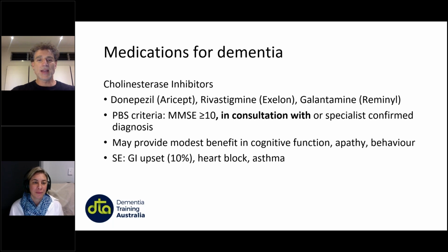Yeah, that's right. And you can switch from one to another, and I'd recommend you just look up therapeutic guidelines, because they've got some really great detailed descriptions about how to do that. And if you forget any of this stuff, you know what to do as well. I mean, the other thing that is recommended is to do an ECG before you start, to make sure they don't have a heart block, third-degree heart block, or something you've missed before. Yeah. So the next slide is